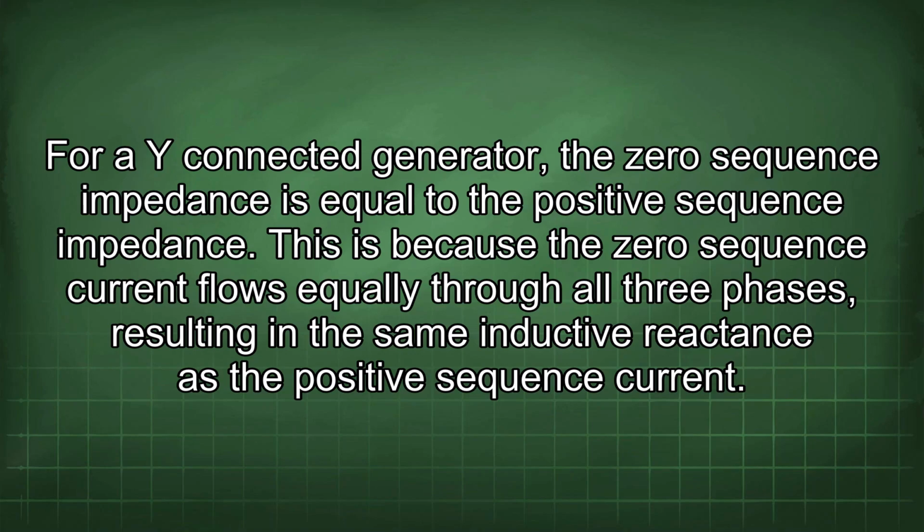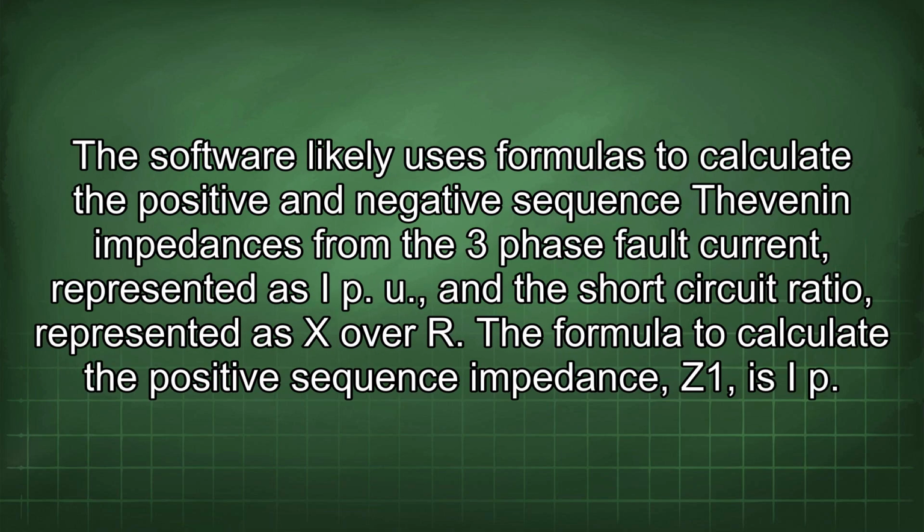For a Y-connected generator, the zero sequence impedance is equal to the positive sequence impedance. This is because the zero sequence current flows equally through all three phases, resulting in the same inductive reactance as the positive sequence current. The software likely uses formulas to calculate the positive and negative sequence Thevenin impedances from the